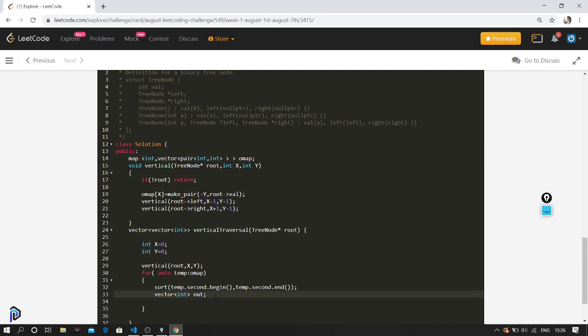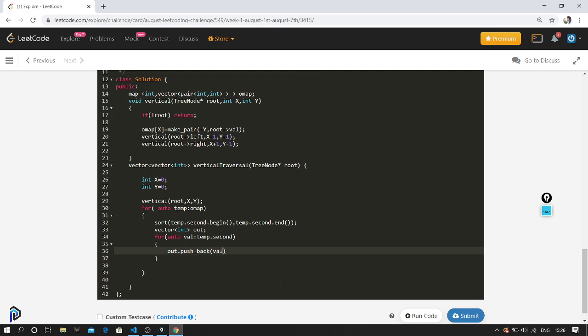Okay, so what I will do is, for auto val in temp dot second. So temp dot second will iterate through all the values, and while iterating, what we do is out dot push back, we will push back the value.